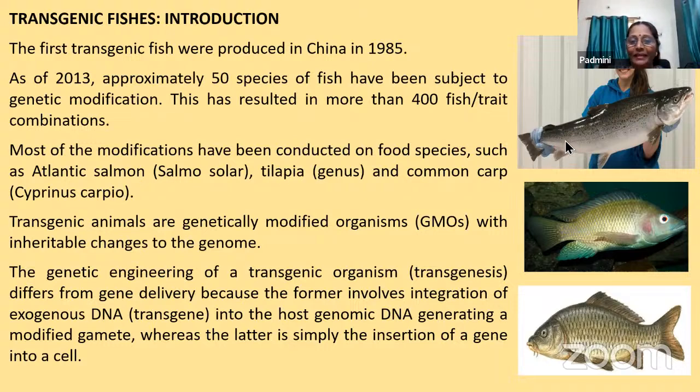So this is an Atlantic salmon. You can see how big the salmon is. Then this is tilapia, and this is European carp, also called Cyprinus carp. Now, how to differentiate between a tilapia and a common carp? You can see the dorsal fin over there. In tilapia, the dorsal fin starts almost near the operculum. If you can see the operculum over there, from there the dorsal fin starts and ends